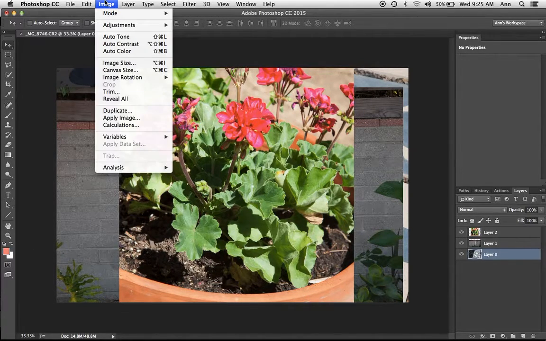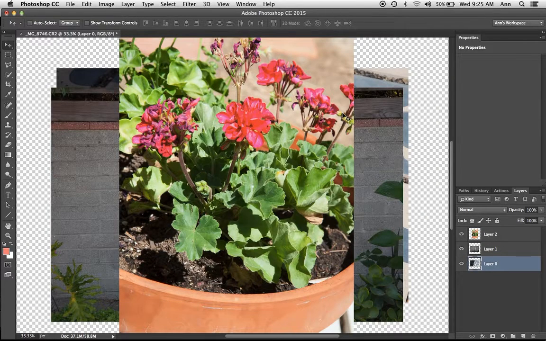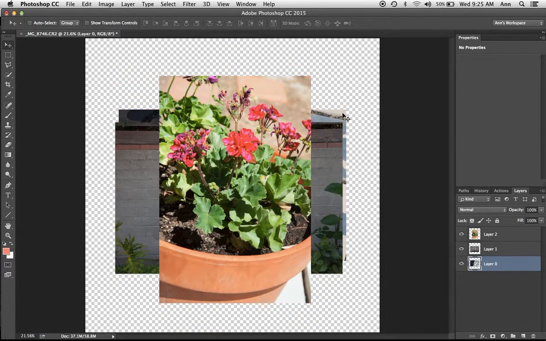So to have more working space, I'm going to go Image, Canvas Size, and I'm just going to do something arbitrary since I'm going to undo it just to show you. You put in the new size, and if you want to specify what direction all that new space comes into, that's this box down here. Say OK. Command 0 shrinks everything within the window. So now you see I have more space that I can work with.